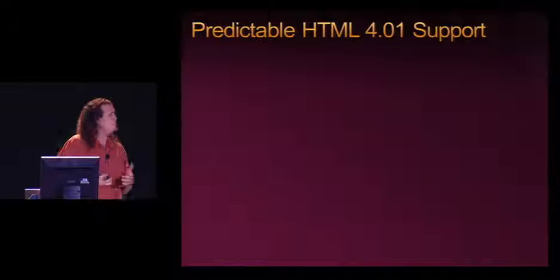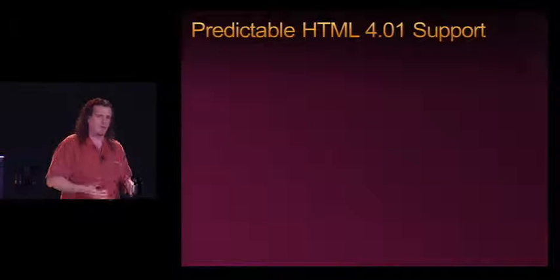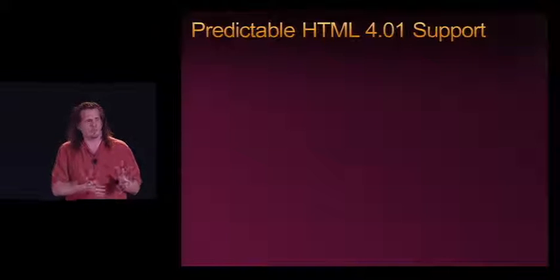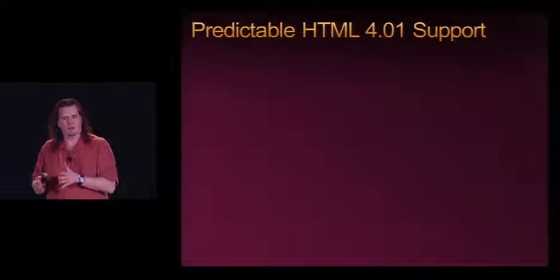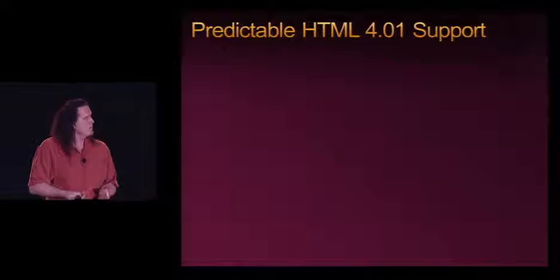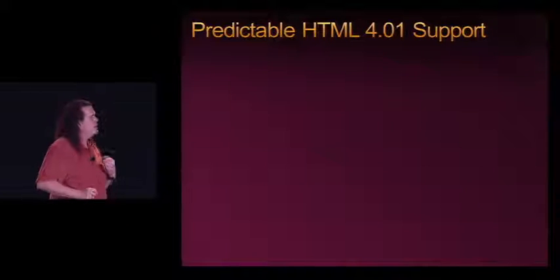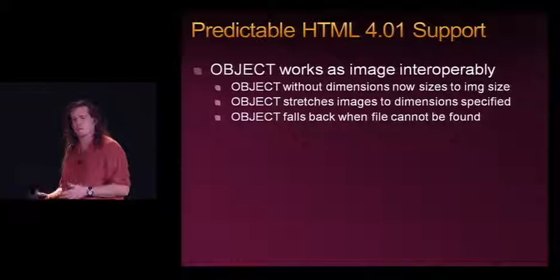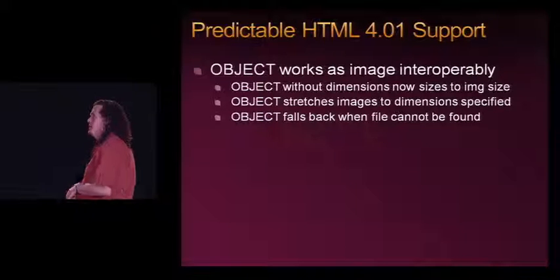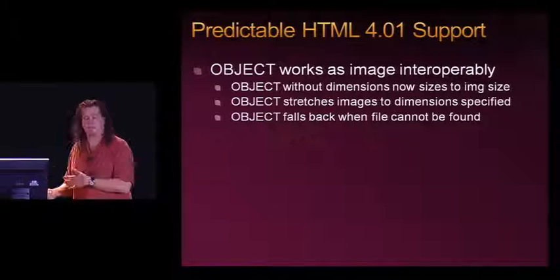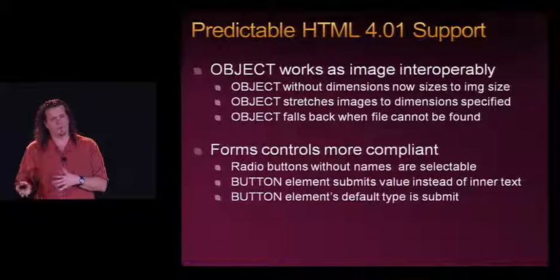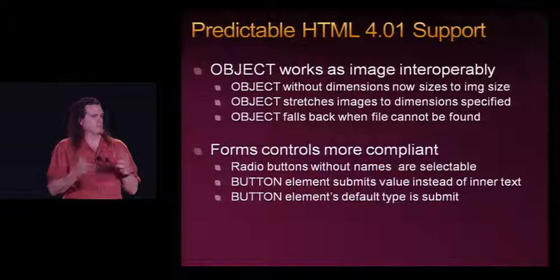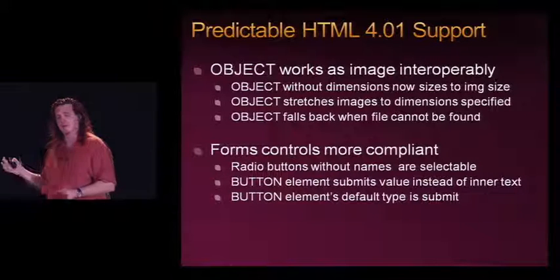So the next thing that we really wanted to do, and when I think about how the ACID-2 test fits into our picture, it's a collection of somewhat arbitrary tests. It did force us to look at a few things in particular, and probably the most important place that I would point out is with HTML 4.01. There are a few things that we just did slightly oddly, and the ACID-2 test tested those, so we fixed them. Object tag and form controls actually were the other one that we've really taken on for interoperability's purposes. We really wanted button elements to work the same way as everyone else, to remove that as a problem.